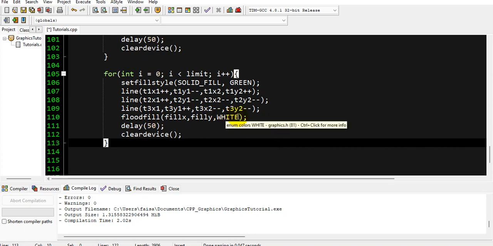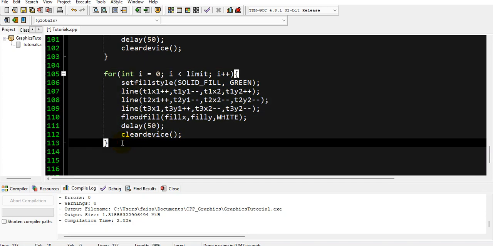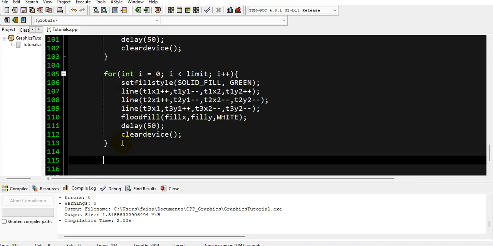So what will this do? This for loop will shrink our triangle, and at the last we will display